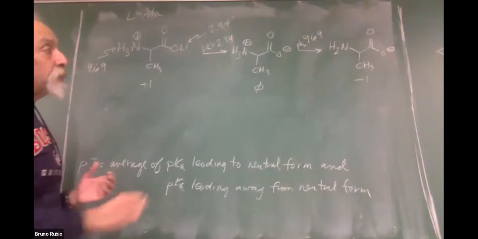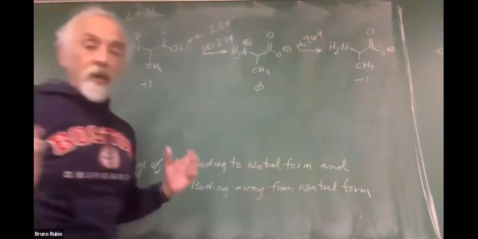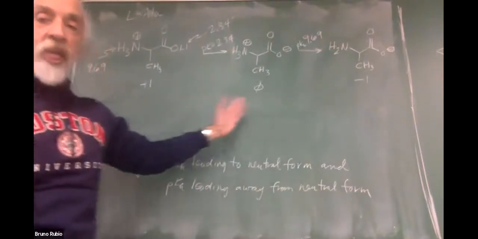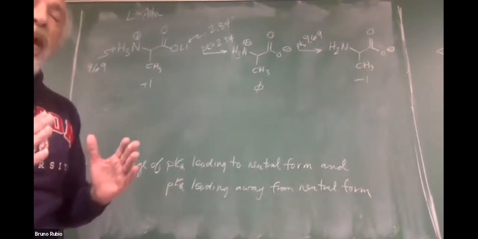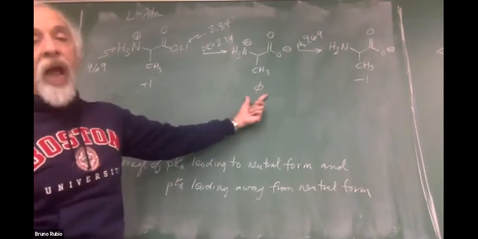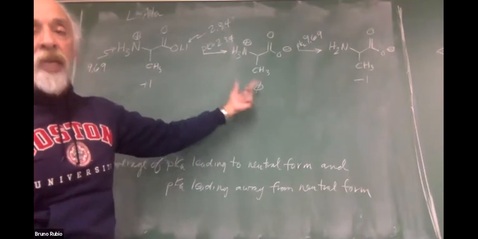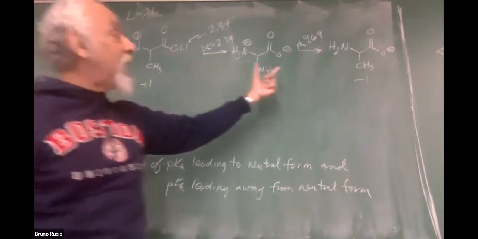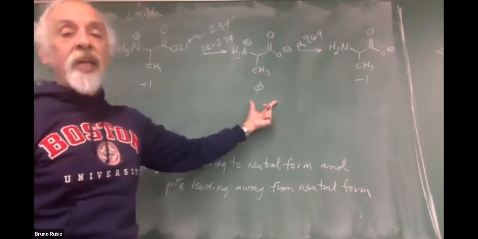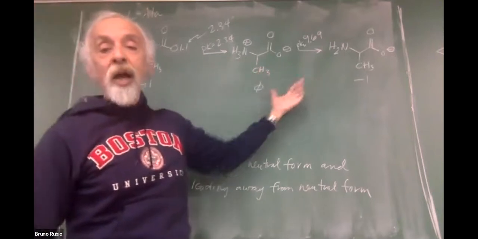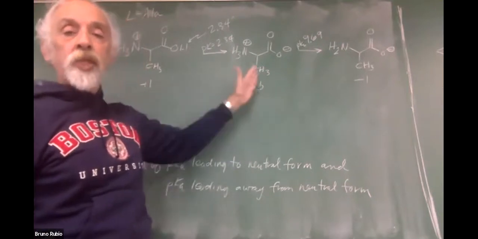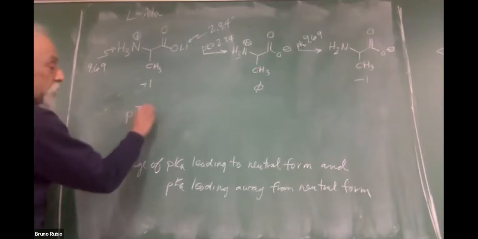So what you're averaging are the two pKa's. When you lay out the dissociation equilibrium this way, the isoelectric pH are the numbers that surround the neutral form. It's the average of this guy and this guy. Find the neutral form; the isoelectric pH are the numbers that surround this neutral form, that lead to it and lead away from it. So for alanine, the isoelectric pH is